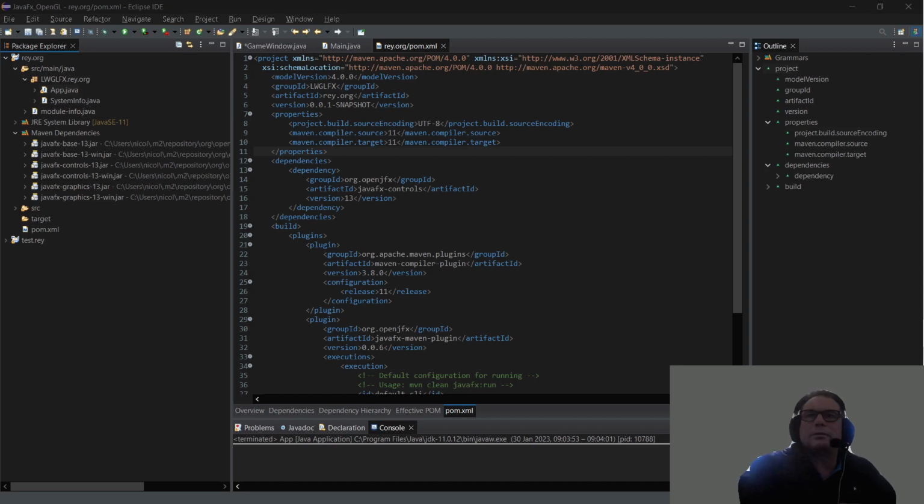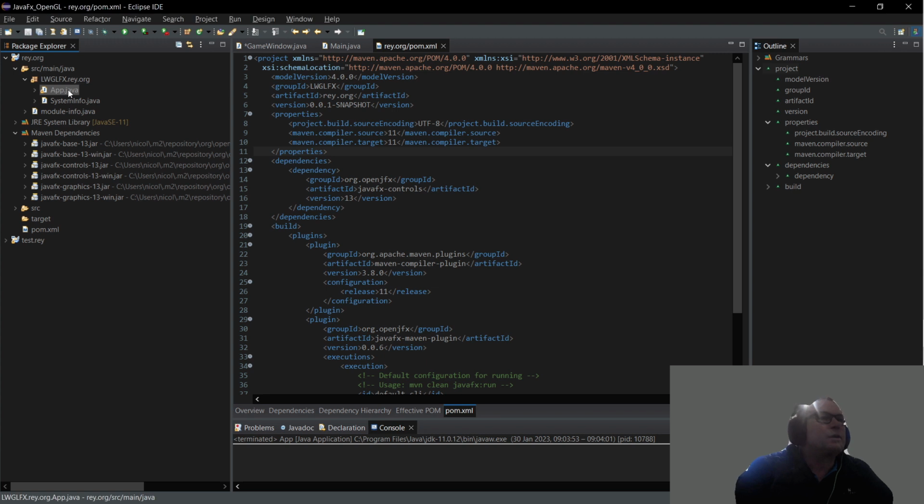Hello everyone, and welcome back to another JavaFX and the lightweight Java game libraries. Today I'm going to get the lightweight Java game libraries from the .org, and we are going to amalgamate them in our POM XML script for our Maven project, which as you can see here, is the Maven project which we